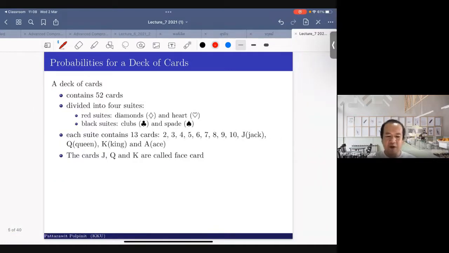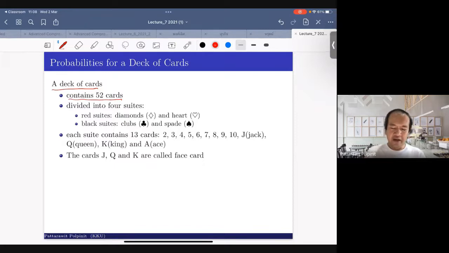Now, what about cards? I assume everyone knows how to play cards. Well, in case not everyone does, a deck of cards contains 52